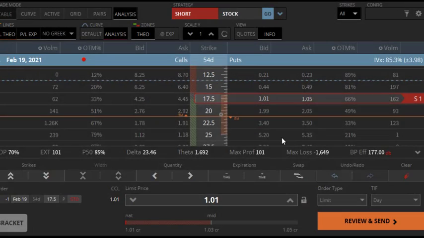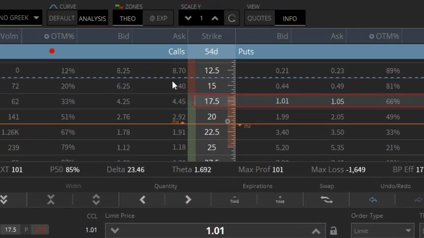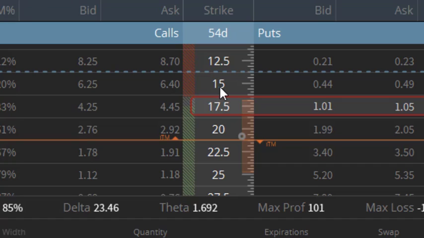Moving on to the example here, this is Carnival Cruise, which is trading at $20.80 currently. This is the put side, this is the call side. Remember, the put side is giving you the option to sell a stock at a given price, and the call side is the right to purchase a stock at a given price. So for example, if you wanted to buy Carnival Cruise at $15 a share, you would pay $6.40 per share for that right. So effectively, you would be paying